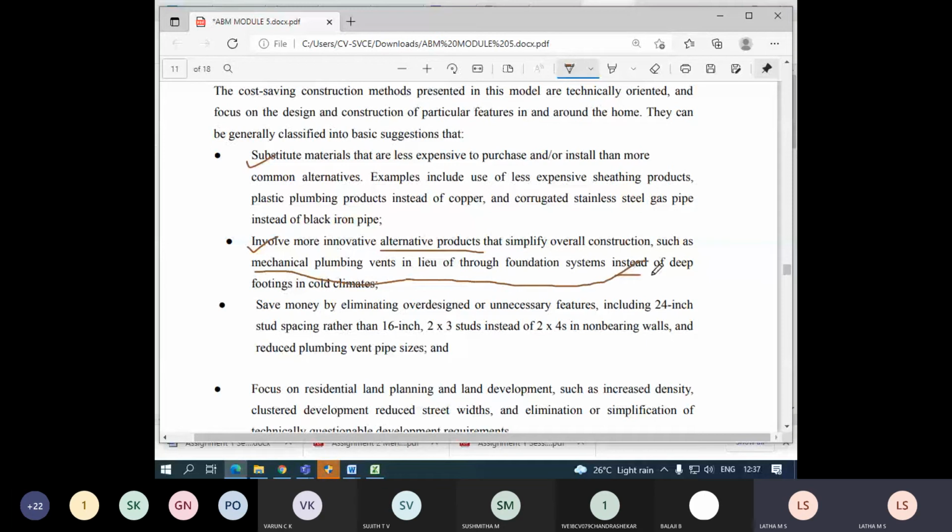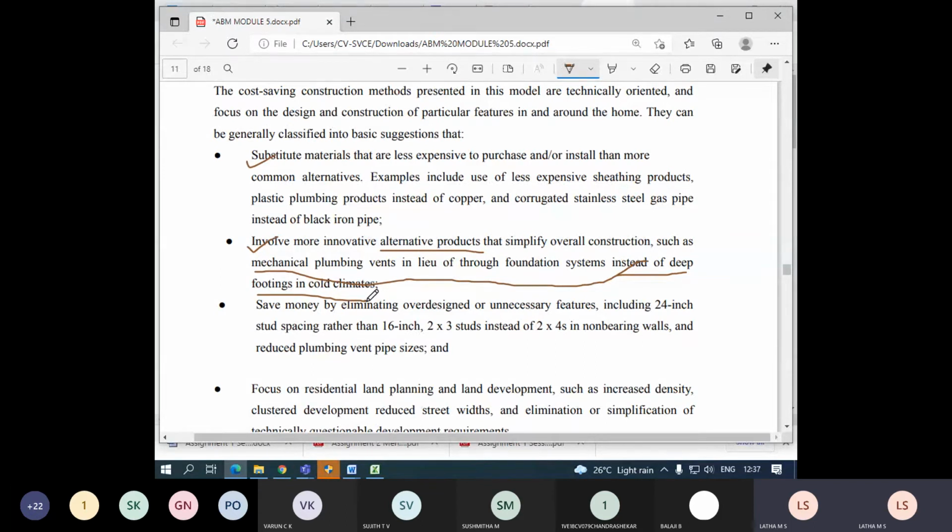climates. This is a case wherein you come across the sheathing and laying of pipes for plumbing. It sometimes goes inside the foundation also, depending upon the design or the building requirement.